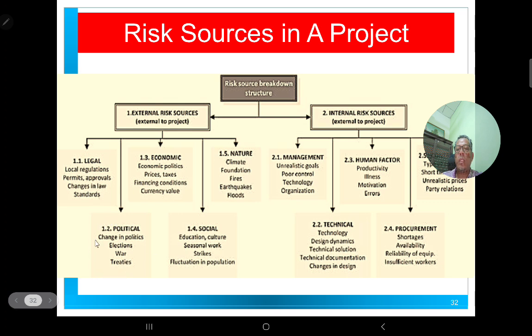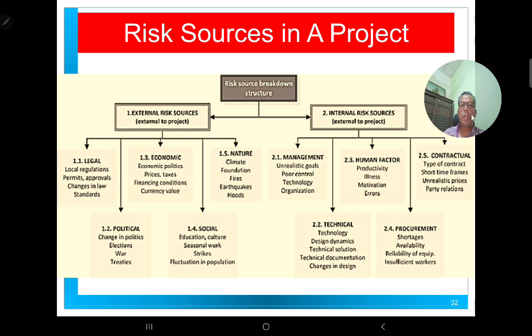which affect the decision making, especially by the ministers involved in this particular project. Sometimes, once you change the minister, they change the scope and they change the cost of the project to be implemented. And also due to war, where you will find some difficulties in finding materials for your project. And also due to the economic scenario, the rising cost of materials and so on.